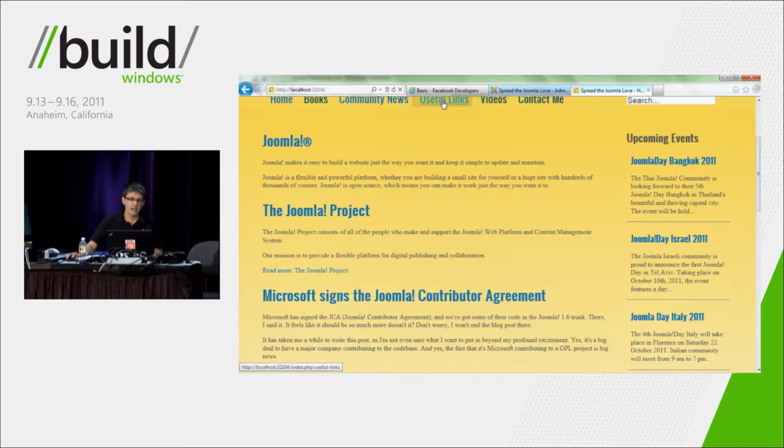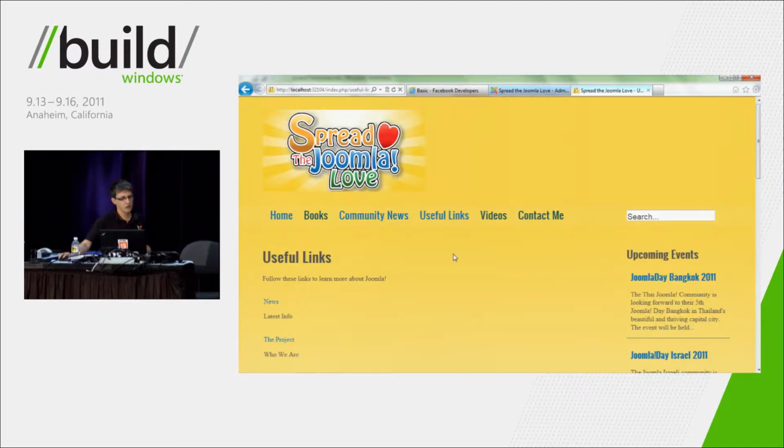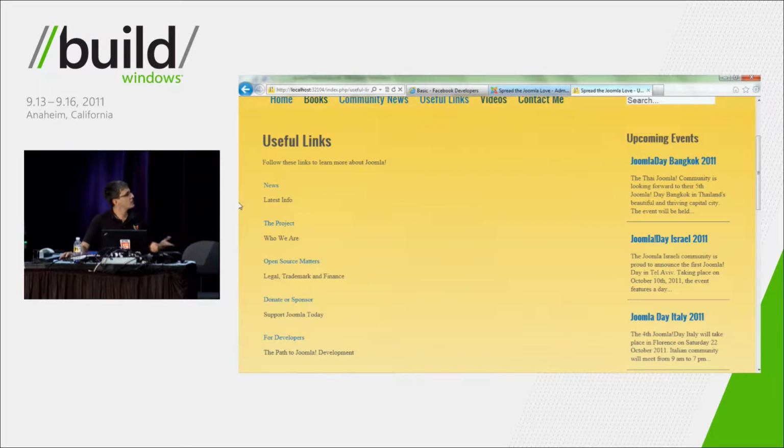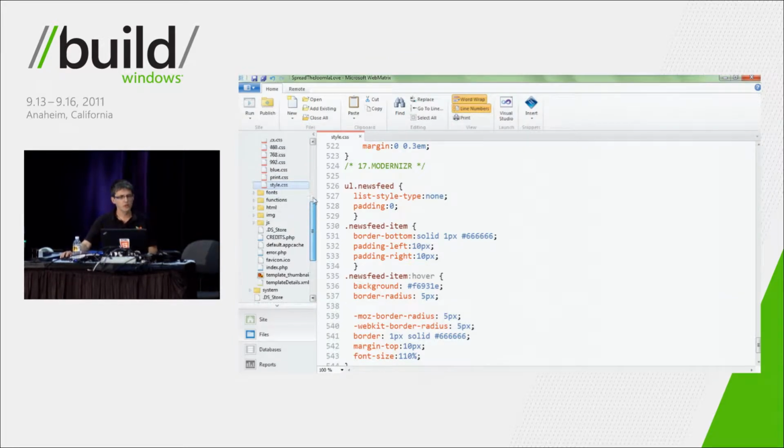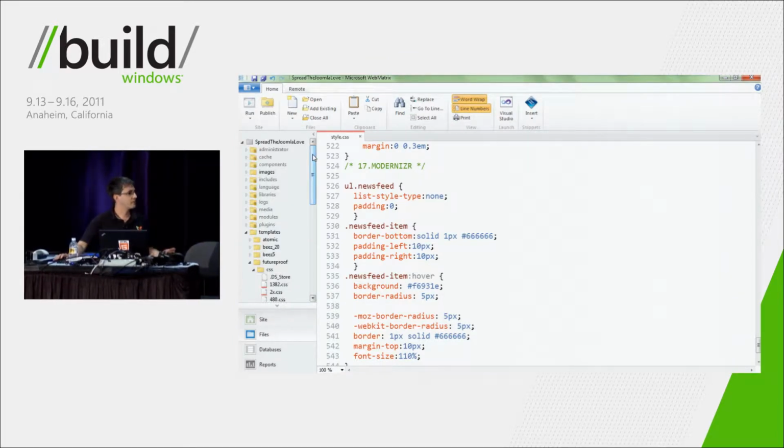Now, one of the next pages I wanted to look at was this one here called Useful Links, which is a collection of links which are useful information for people interested in Joomla. And again, this page doesn't look great. I could just do some CSS styling, but I actually want to change the layout a bit of it. Now, Joomla uses MVC architecture. We've heard quite a bit about MVC architecture here at Build, and so what I'm going to do is I'm going to go into the components,